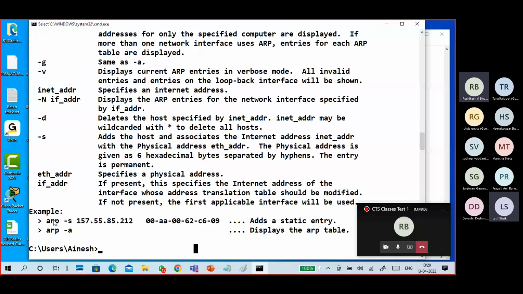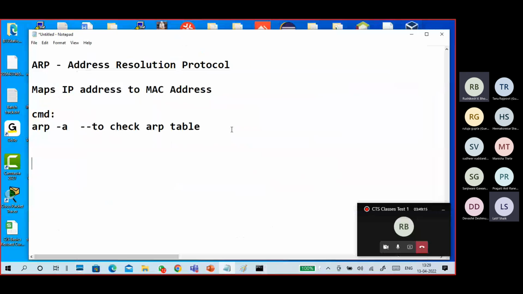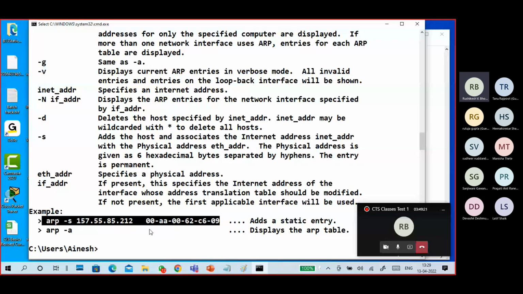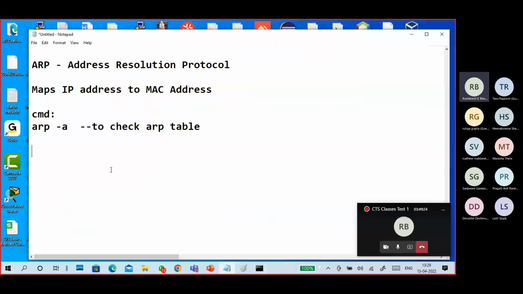We use this for security purposes, so that only if the IP address and MAC address match can we communicate. This is for a static entry purpose.